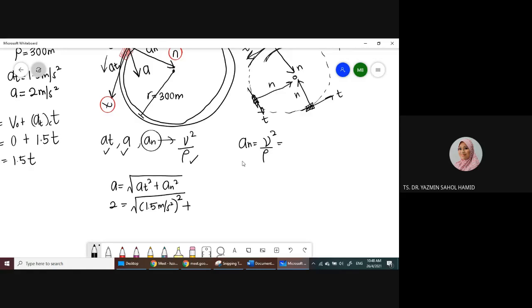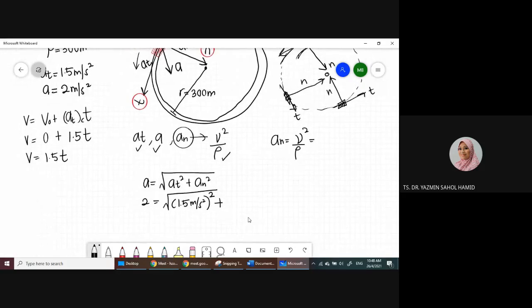Do we have V? Guys, do you have V? Yes. What is it? 1.5 T, so (1.5 T) squared over rho will be